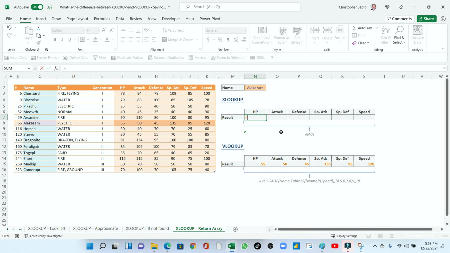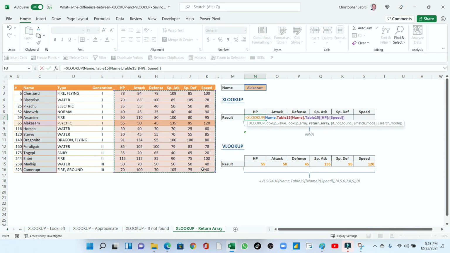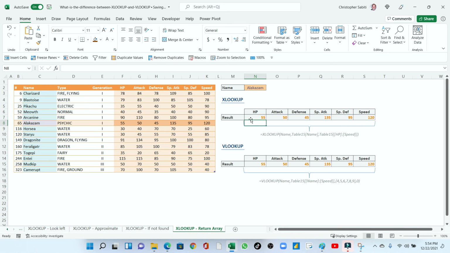It is equals to XLOOKUP. What is the lookup value? This one, comma, then the lookup array we are looking up from the name, comma, the return, we want to return the whole of this. You see, we are selecting the whole range, which means we are going to return the whole range, and you'll see it will split it smartly in every column. Then I can leave the others as default, and it will return an array automatically. You see, the formula here is faint because the formula lies in the first cell, and because of that blue bordering, it shows that that is an array.